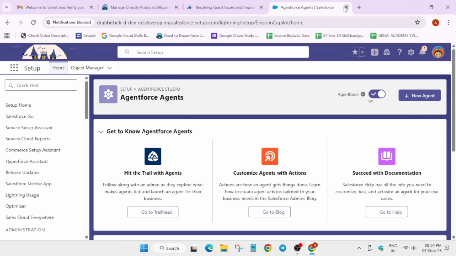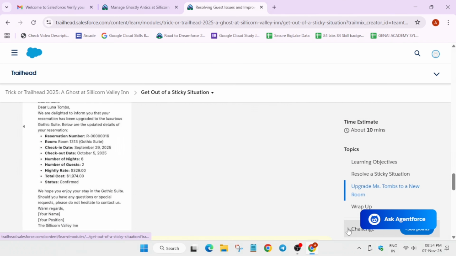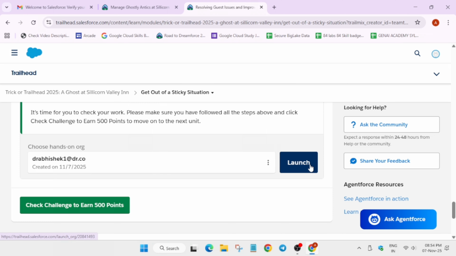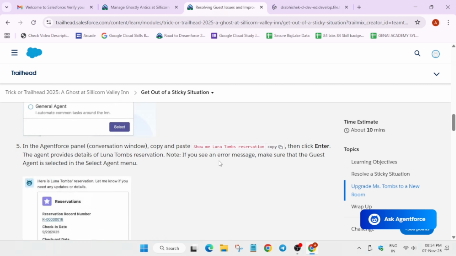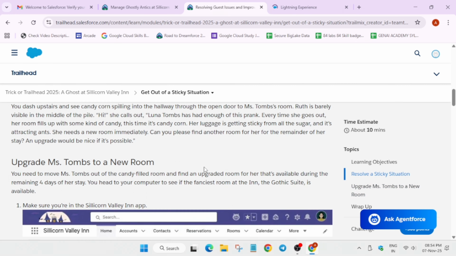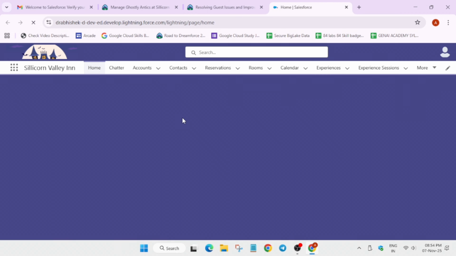Now come to the second one, and here first of all let me close it, and here you have to come to the challenge page, and here you can see the launch option. So just launch it, and now here we have to perform this particular task. It's very easy and very convenient for you to complete. Do not worry. First of all we have to come over here,